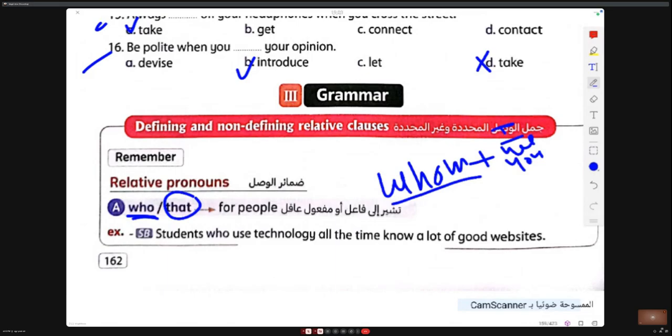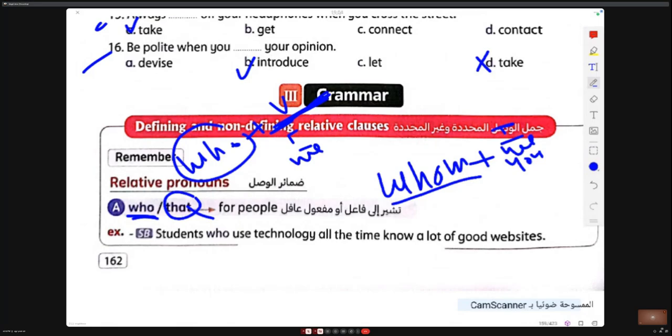But who can be followed by a verb or by I, we, you, they. That is the same. It can be followed by I, we, you, they, like who, or by a verb when it replaces the subject of the sentence.